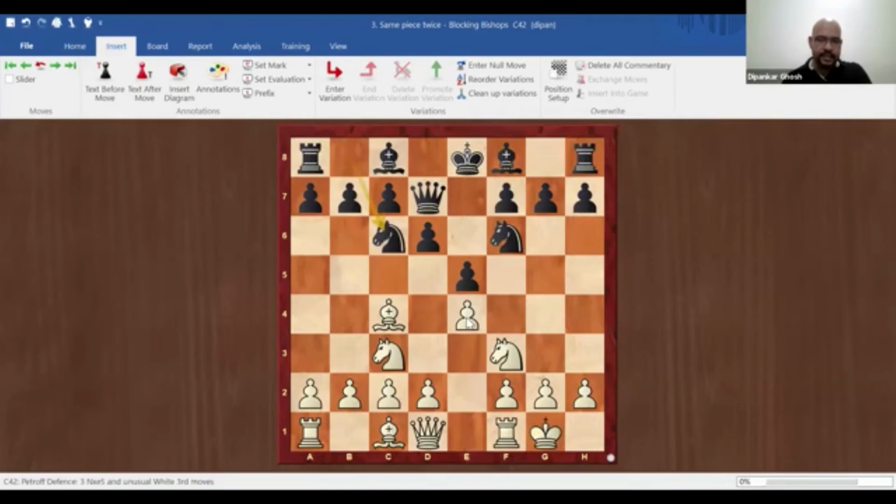So white castles, black brings his other knight out. White plays pawn to d3. Why? Again, we want to get this other bishop out. So, we have to think about our pieces. Now, you see, if white had started playing with his rooks or queen, this bishop will stay locked in forever. And that may also mean this rook will stay locked in forever. And you would be playing the game without two of your pieces, essentially. So that's what we want to avoid.